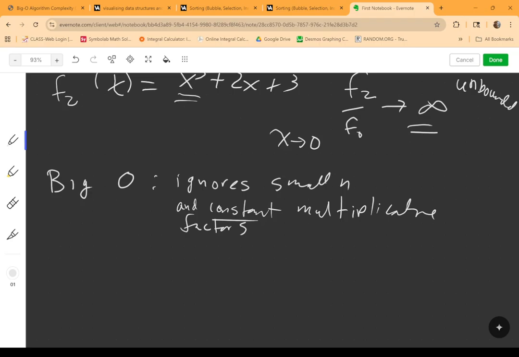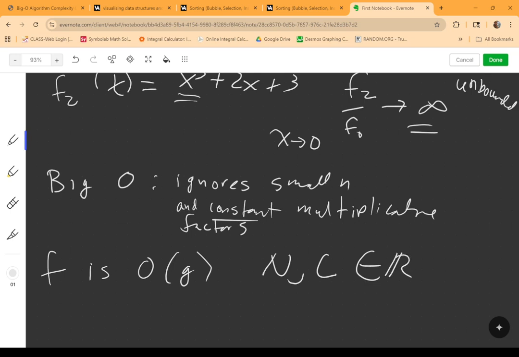All right, so the complexity function is a real valued function that is defined for all sufficiently large n inputs and is eventually non-negative, right? So when we talk about big O, we say f, our function, is big O of g when there exist constants n, c, elements of the real numbers, such that for all x greater than or equal to n, right? So at some point,